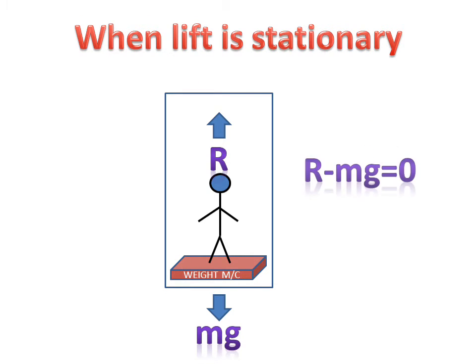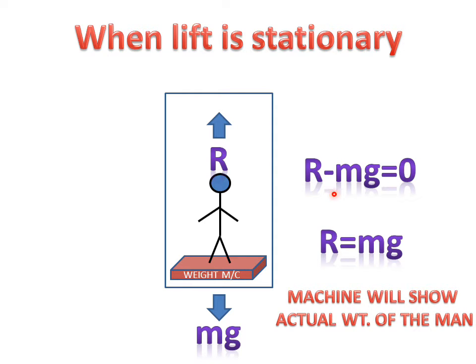Now R minus mg will be equal to 0, because R equals mg when the lift is stationary. So the machine will show the actual weight of the man. Weight is equal to mass times gravity. So this is the first case, and in the second case,